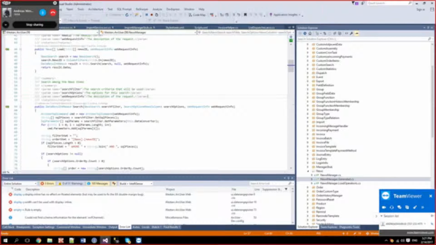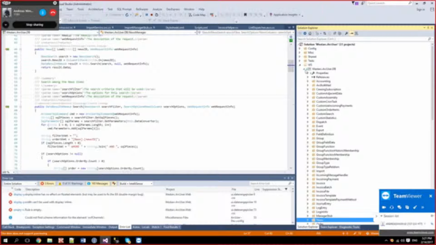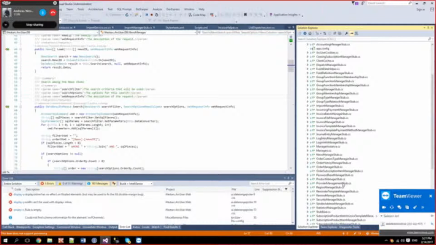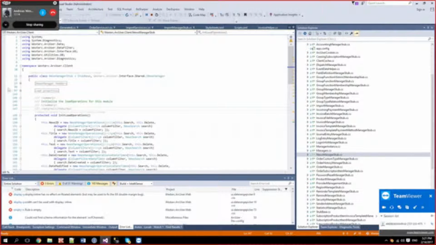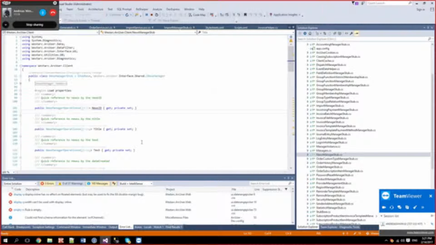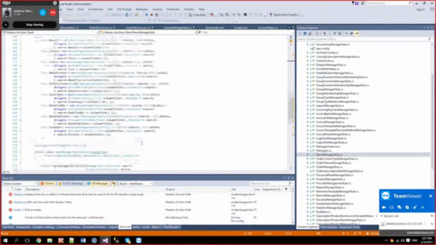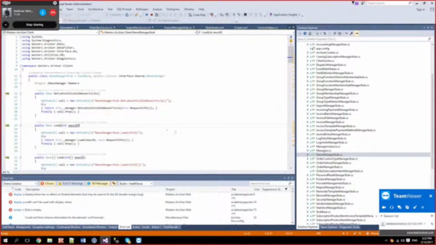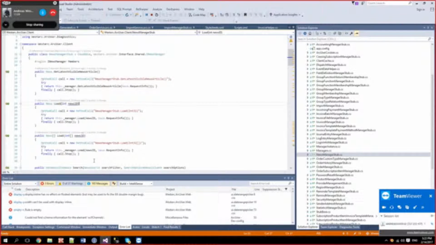If we have a look at this, let's take this news, for instance. It's quite slim. There's not as much logic in this data entity, so we could use it as a small test. So we move to the client. We have this stub. So here we have these load operations.